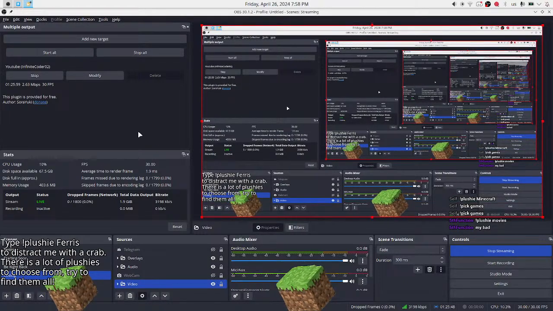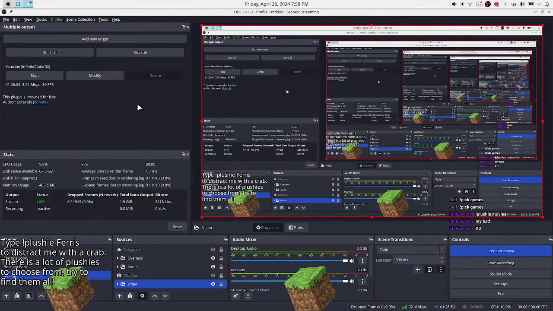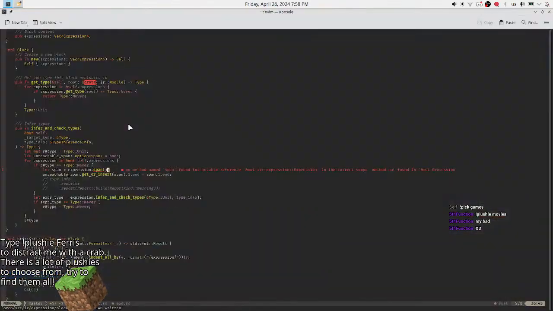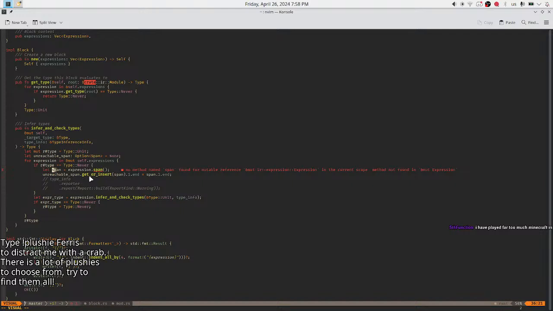So I can try to force close OBS, and then restart it and hope disconnect protection saves me. But I don't know. So for movies, I wanted to add Harry Potter. Not all seven of them, or what? It's actually nine. It's seven books and two parts. Oh, it's 10. Seven books, and the Cursed Child, or what's it called, in two parts. But I might just add one Harry Potter.